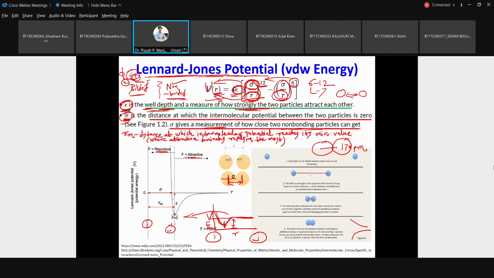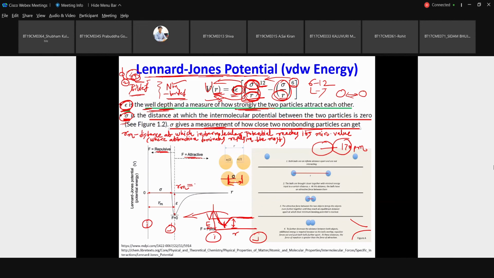Now, if you see this particular plot, you can see another thing. There is another distance. Sigma was where both the things are balancing out each other, but there is another distance, which is Rm. This Rm is the distance where this well depth occurs. This is slightly bigger than your sigma value. If you try to find the relation between sigma and Rm, theoretically it is somewhat related to